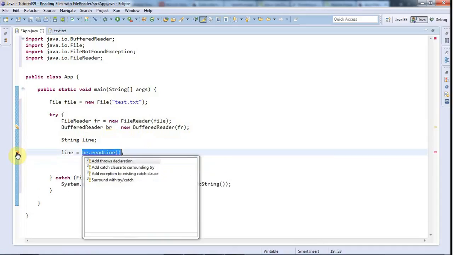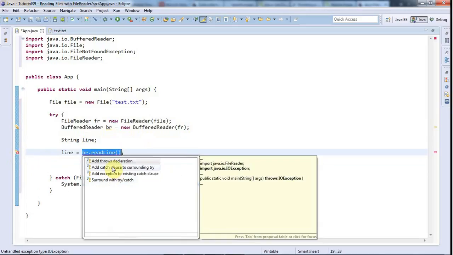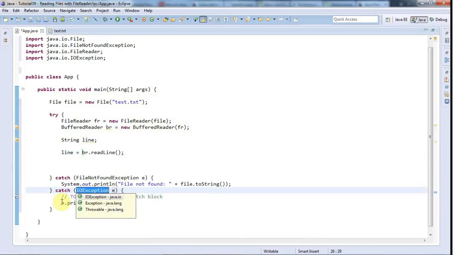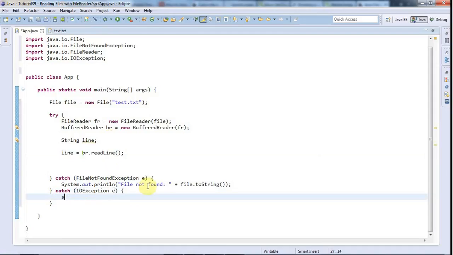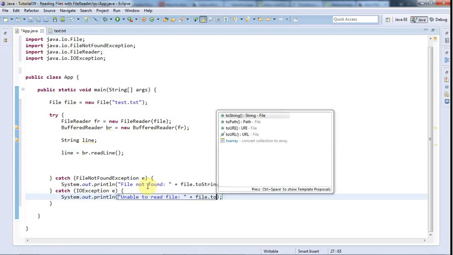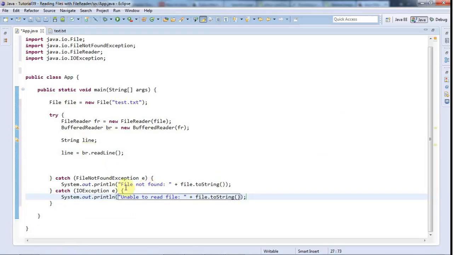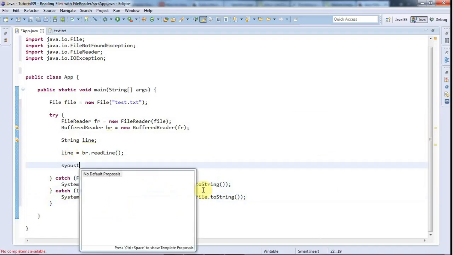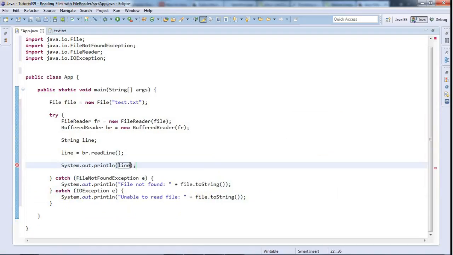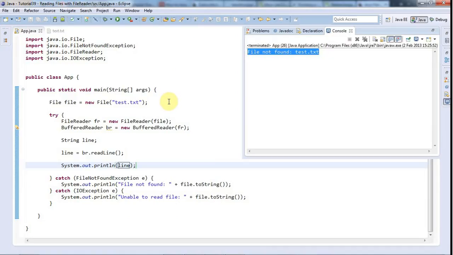So let's click the error here and go to add catch clause to surrounding try, and then here I can say sysout unable to read file and file.toString. In the first case it can't open the file, and here it could open the file, but for some reason it's not able to read it. It's corrupted, or it's got the wrong permissions on it or something. And if I now do sysout line, and I run that,